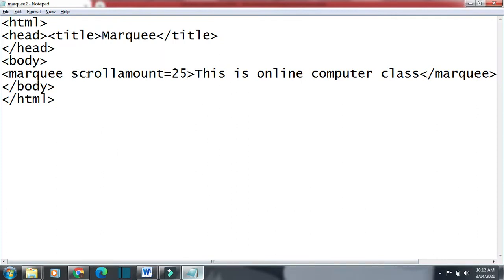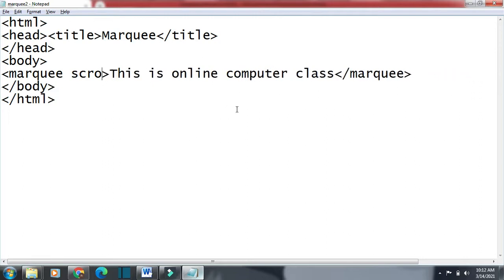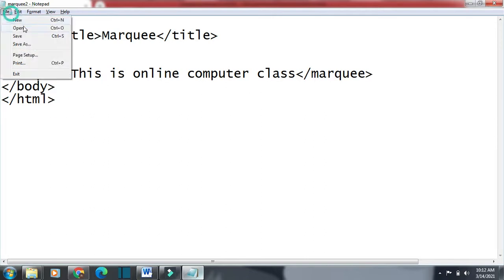So if you want to change the speed of the marquee, you can go for the attribute scroll amount, and here you will give the value in number. It defines the speed of marquee. So this was also one attribute, scroll amount.